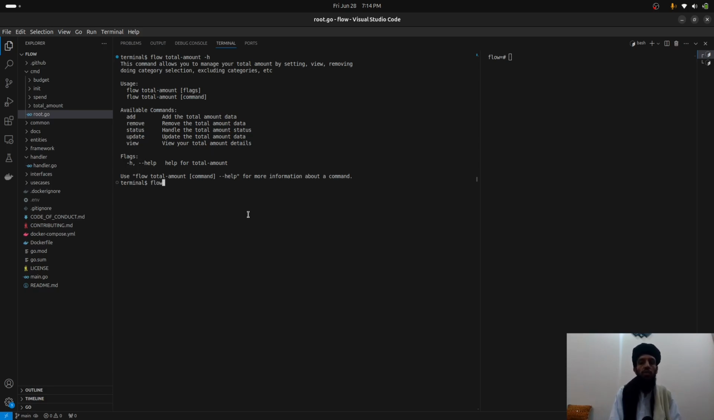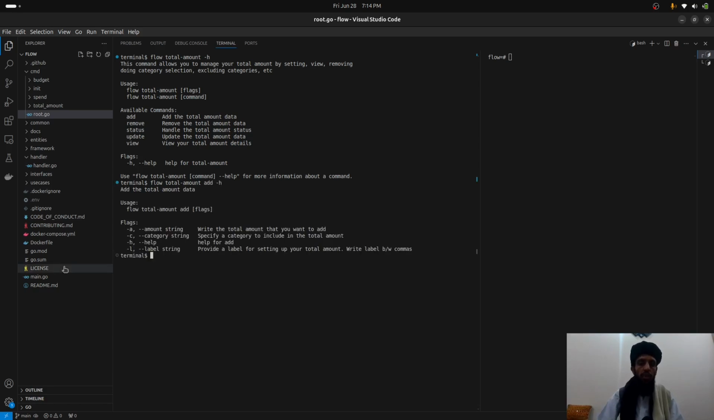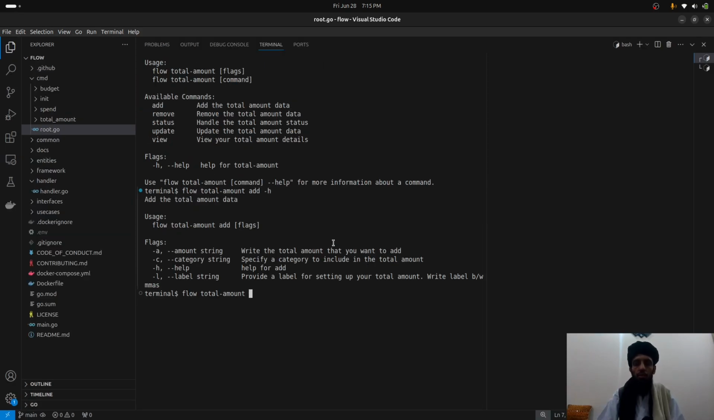So I will just click on total amount add. Inside its help you can see here amount, category, and label. I need to insert these three things. So flow total amount, let's increase the size of it. Now it will be better for you to understand, right? Flow total amount, and the next thing is add, and after that add some of these flags